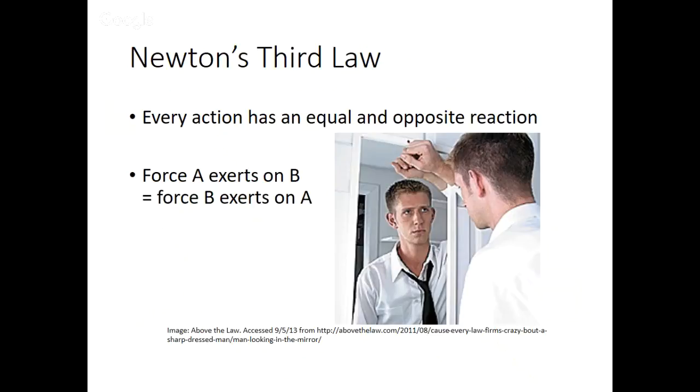A lot of times people forget this law simply because when we do free body diagrams, we only look at one object at a time. And when you look at only one object at a time, you don't see the equal and opposite reactions. For example, a free body diagram of myself,